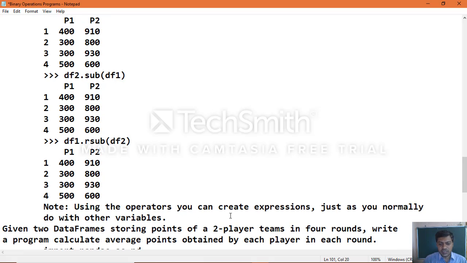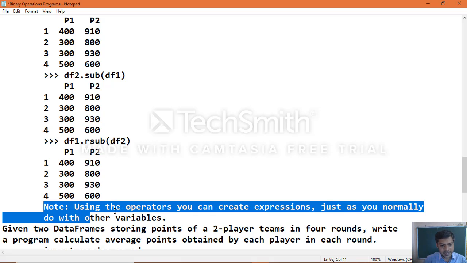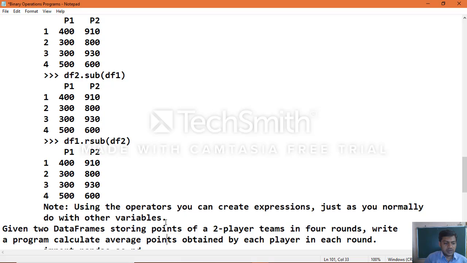Using the operators, you can create expressions just as you normally do with other variables. So this is somewhat the way we can understand the application when you are working with programming. The way we create general expressions, in the same way we can work here also with the operators which we use. Now, given